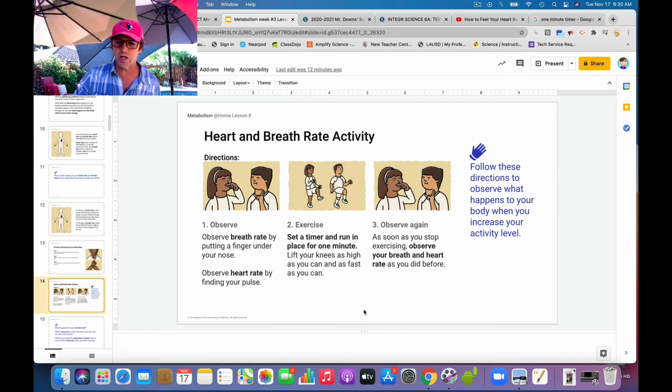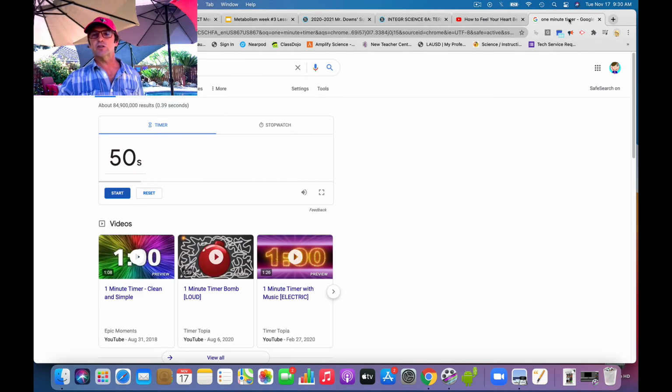So get up out of that chair, get ready, get your wiggles on, and let's set the timer. And you're just going to move around, jump around. Even if you're in your seat, if you just did this for a minute, it's going to change it. Ready, get ready to go. Start doing some activity now. Activity time. It's like PE. Go, go, go.